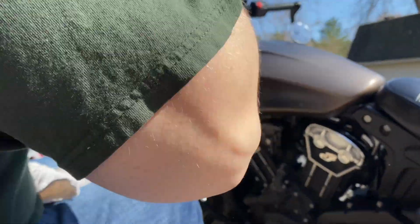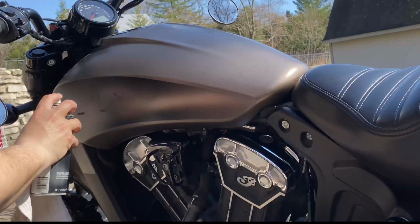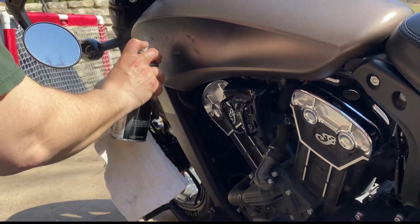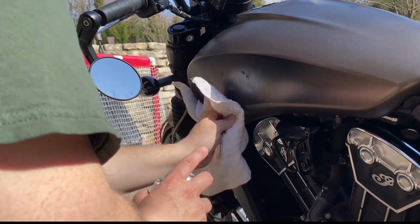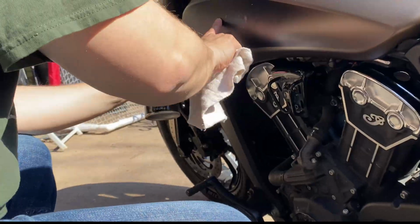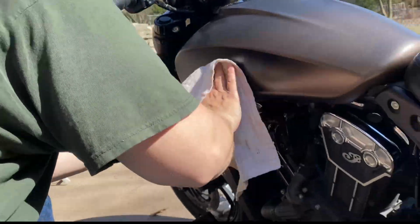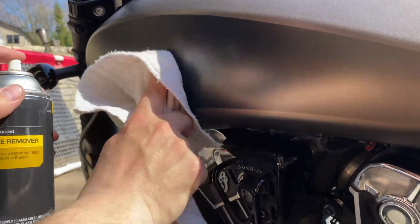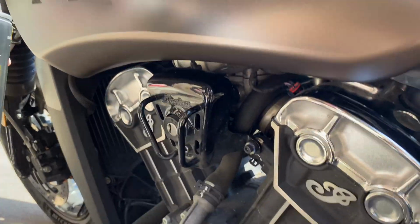So now, shake this up. You can kind of use it fairly liberally. Just take a rag. I tried some cotton swab type things that didn't work very well. We do it kind of like swirly motions. See how it's starting to come off, spread out. I might not be an expert at this, but